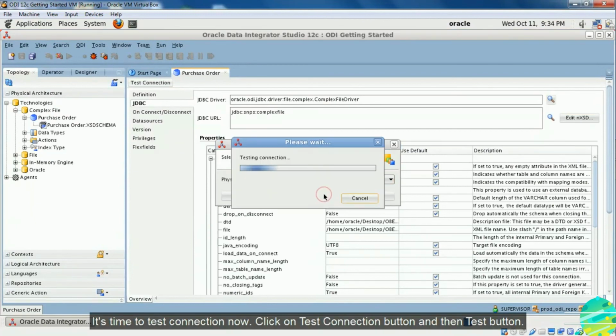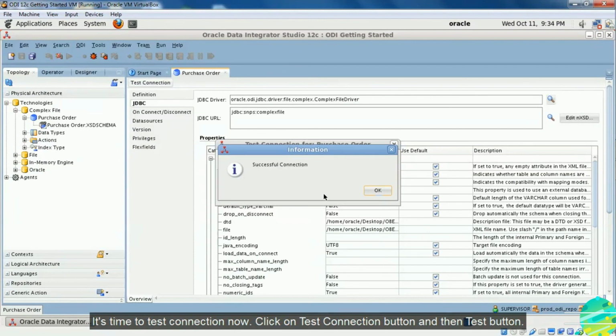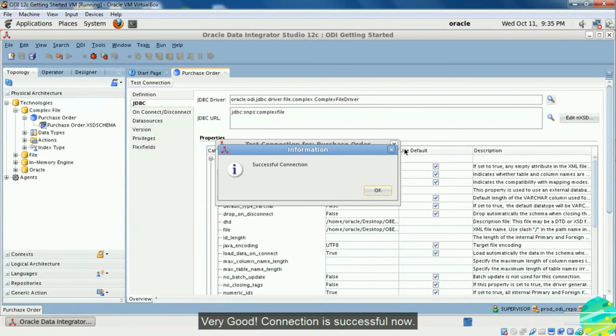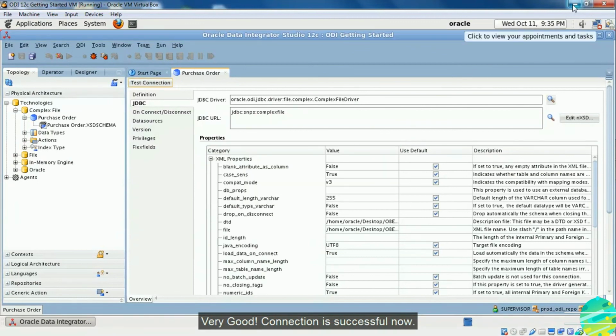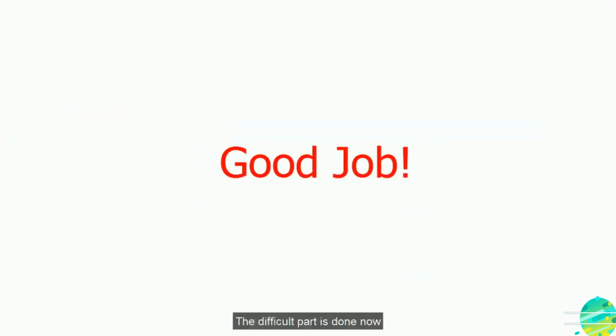It's time to test connection now. Click on test connection button and then test button. Very good. The connection is successful now. Awesome. The difficult part is done now. Now ODI is able to read your complex file. It should be smooth